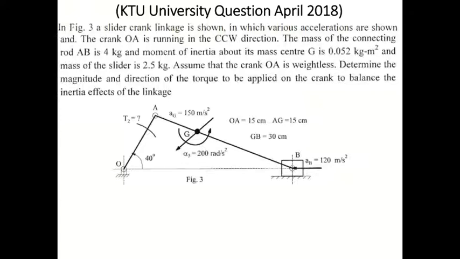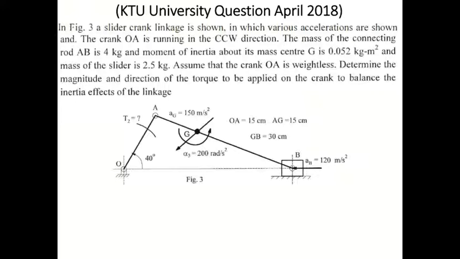There we drew the space diagram, then the velocity diagram, then the acceleration diagram. From the acceleration diagram we took the values, and using those values we found the inertia force. But this problem is very simple. Here they have given the Schrader crank chain mechanism, with the acceleration at all the points. So we don't need to draw the acceleration diagram and the velocity diagram. It is very simple.